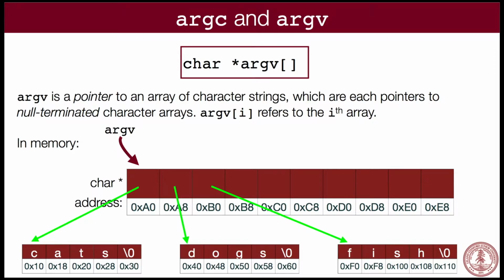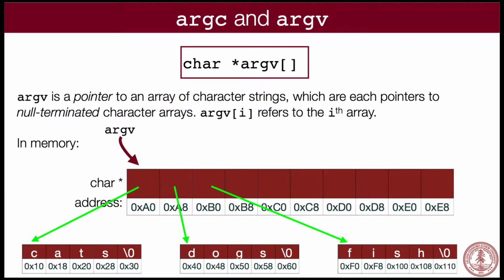Okay? And each one of those pointers, let's say that argv had a value of 0xa0. That's the address of the first pointer. And that pointer has a value of, let's say, 0x10, and that means that it points to this cats here. If I typed cats as the argument, actually in this case that would have to be the name of the program, I guess. But then the next one over in the array is 0xa8, and it points to a different string. Okay, a couple things to notice from there, or at least one big thing to notice from this. What is A8 minus A0?